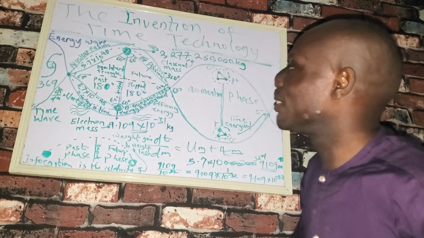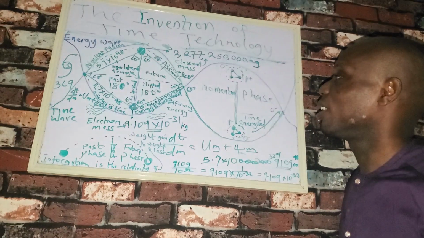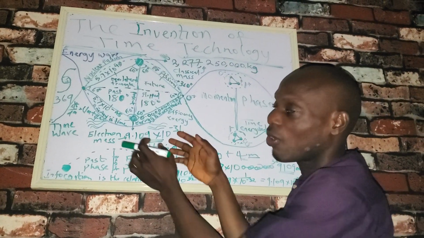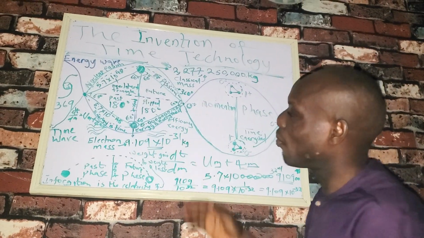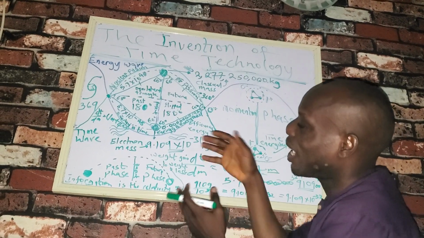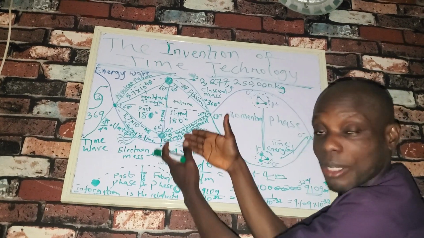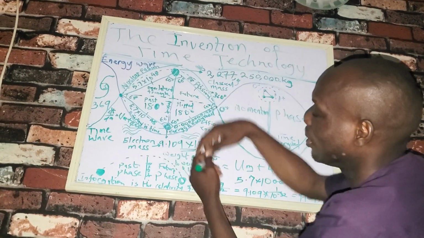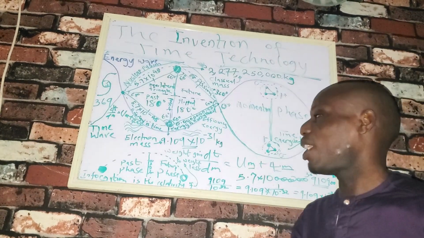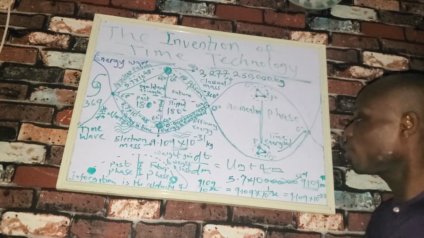So that is the essence of time being able to travel faster than the speed of light, because with that we'll be able to get the actual mass worth of the electron. And the essence of getting the actual mass worth of the electron is for us to later energize at this fixed point, which is the stable fixed point, such that energy will be able to accelerate towards the singularity of the future. Good.